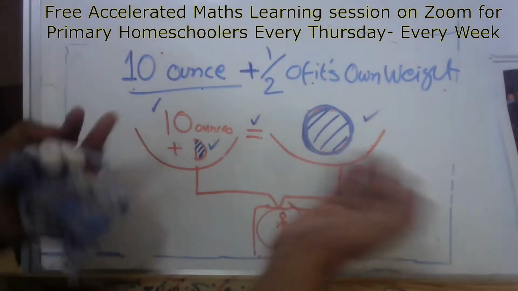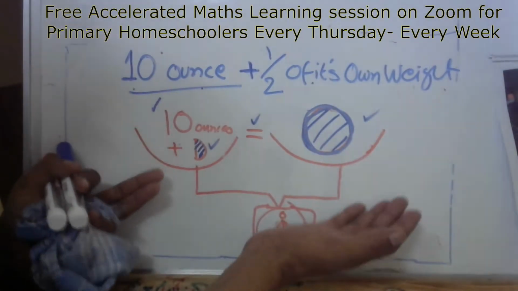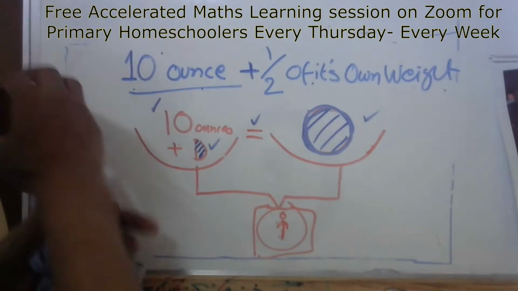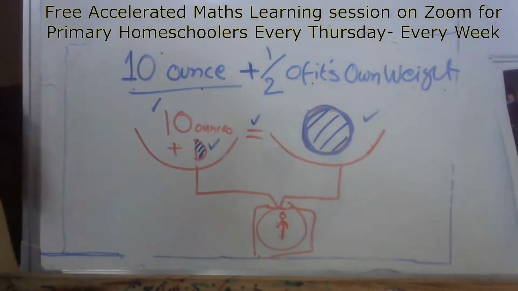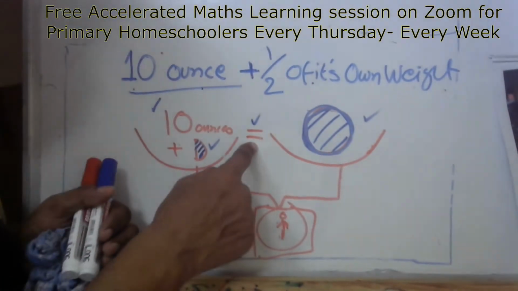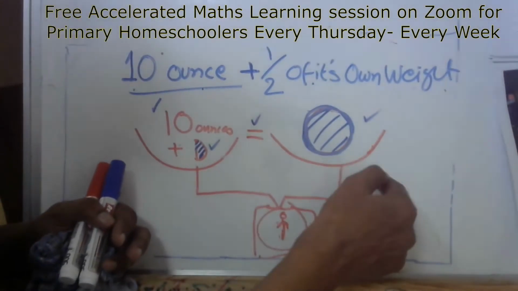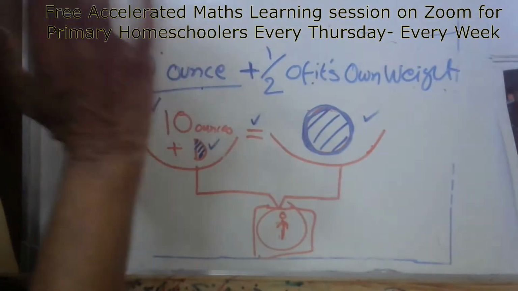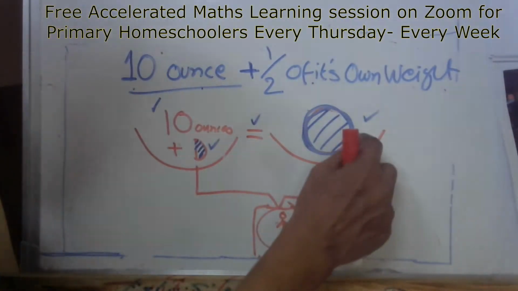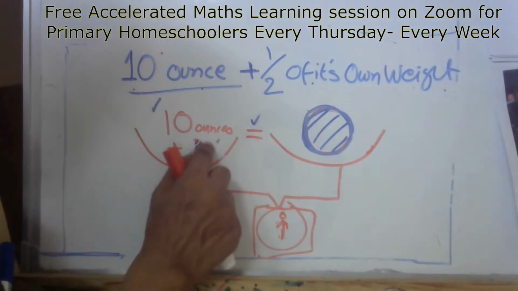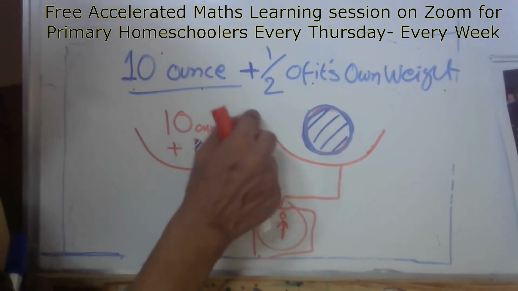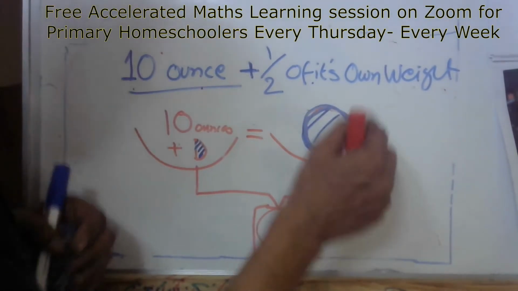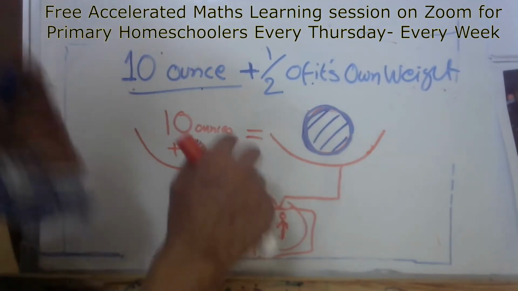Now what we do? This is half. If in a balance, I take equal weight from here, it will still be balanced. The equal sign, what is the meaning of equal sign? On the left part and on the right part, both the quantities are same. So if you take away something from here, you have to take away the same amount from here. If you double it, you also have to double it. If you make it 3 times, this also you have to make it 3 times, and still it will be balanced. This is why the equal sign.